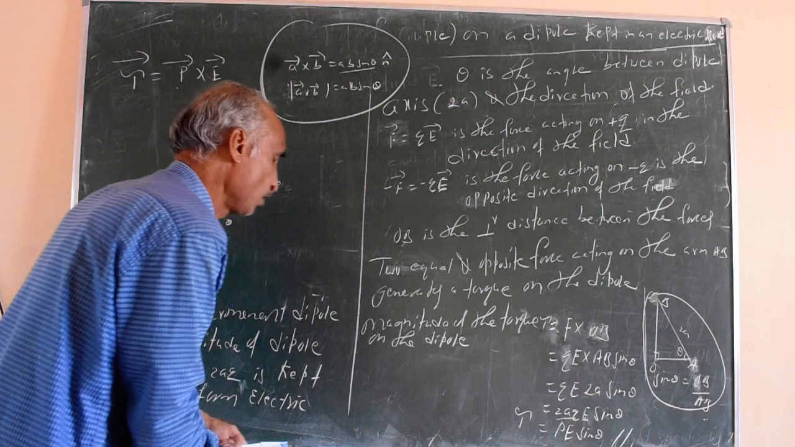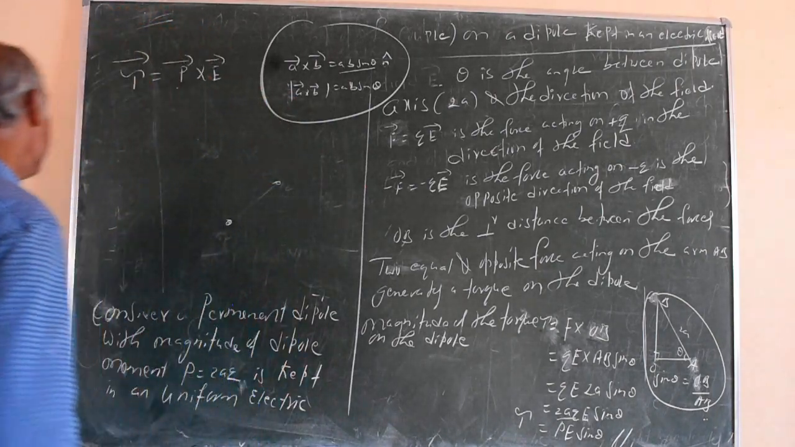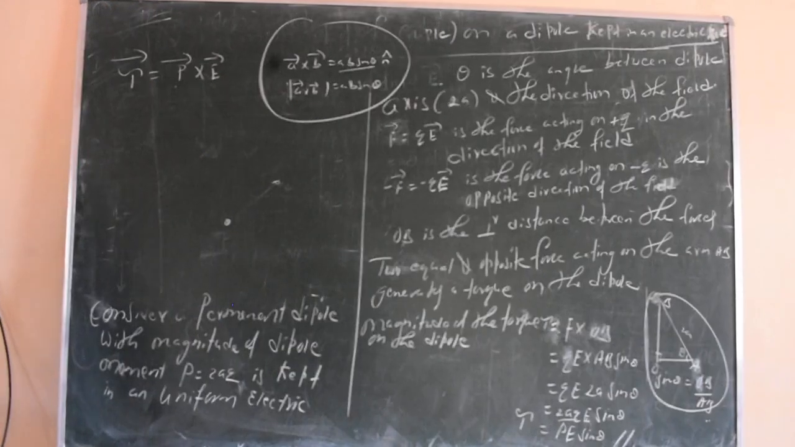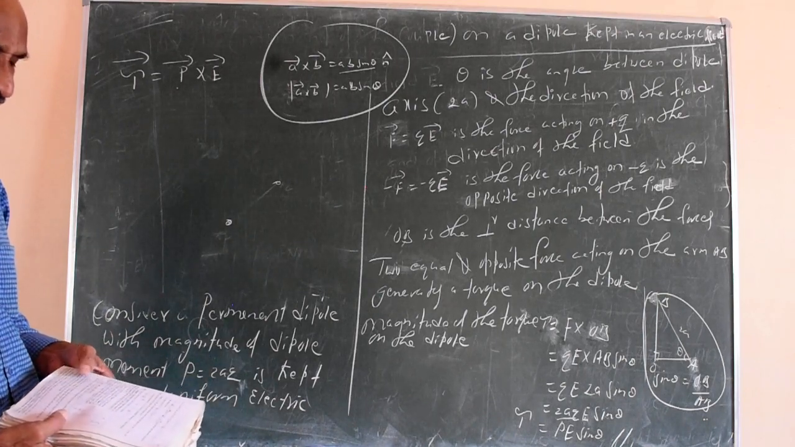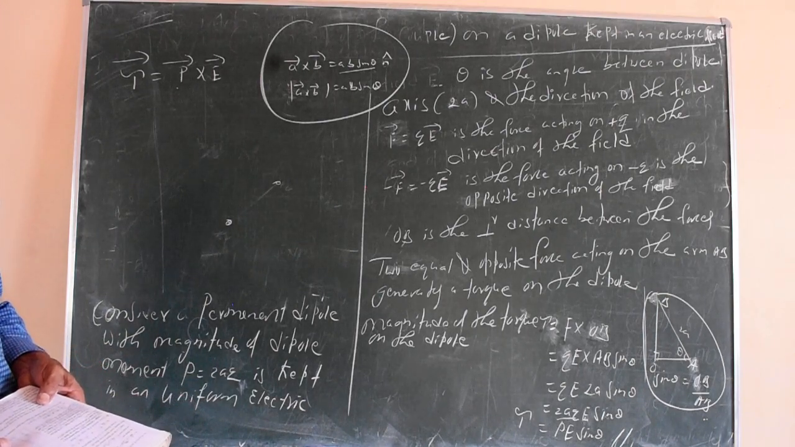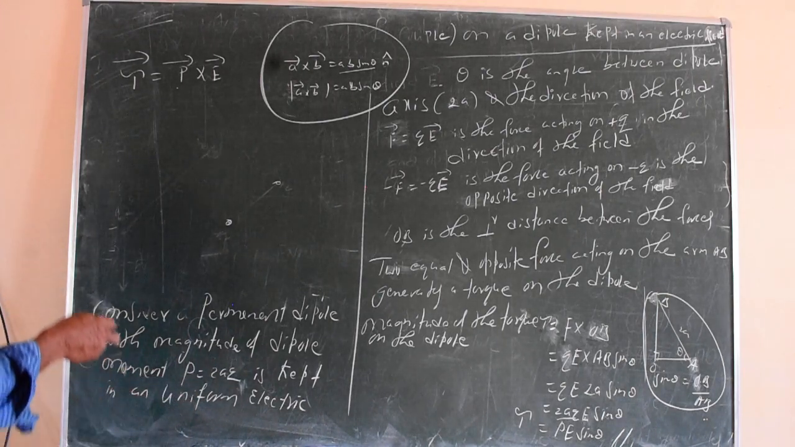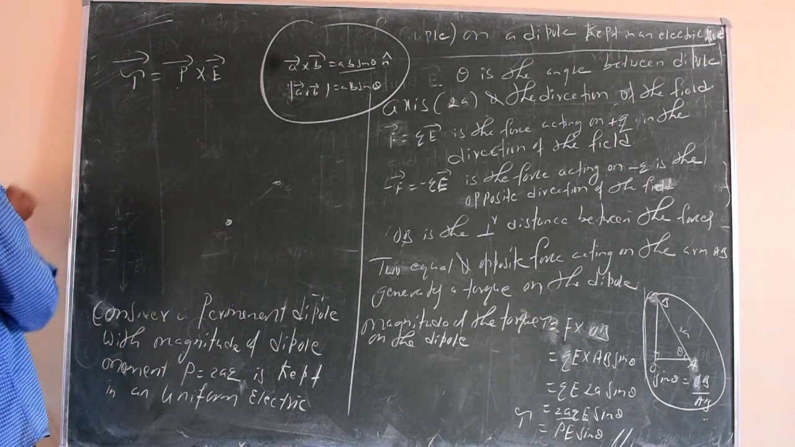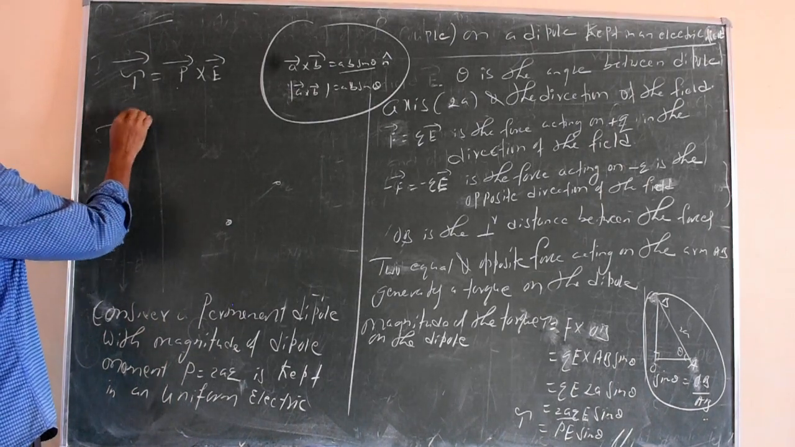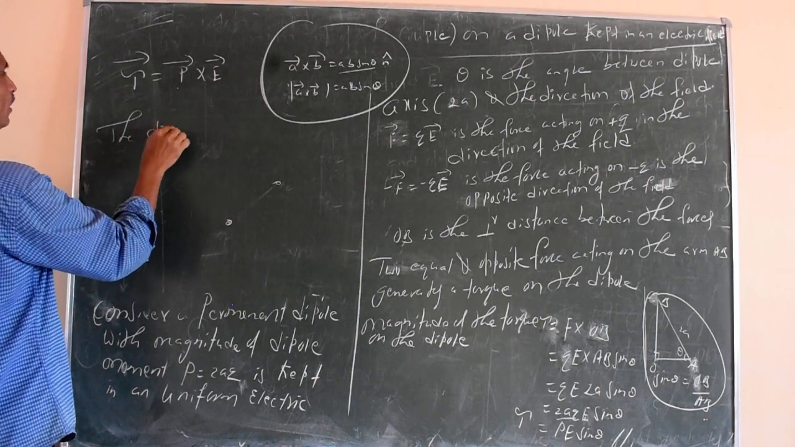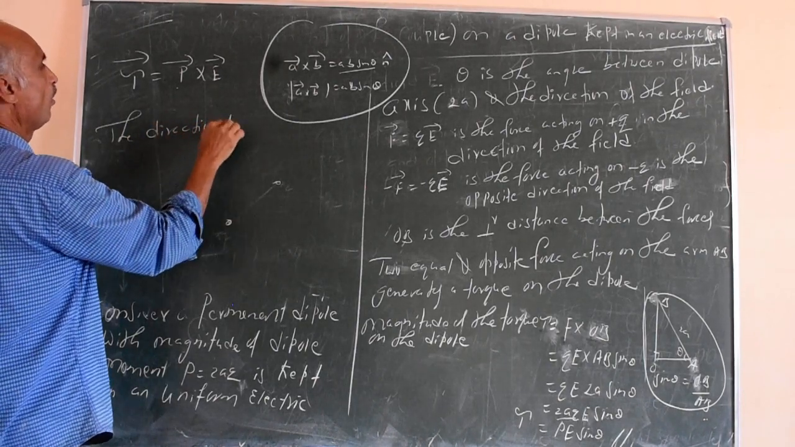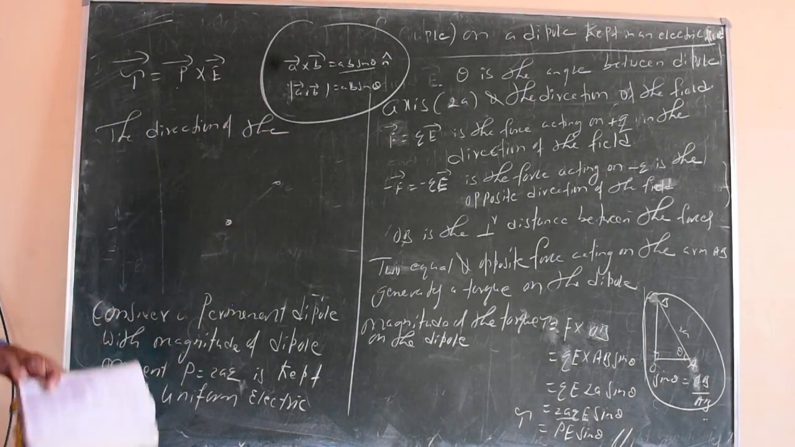Therefore, what is the direction of the torque bar? It is perpendicular to the plane containing p bar and E bar, in the outward direction. Okay, in the outward direction. The direction of the torque bar is